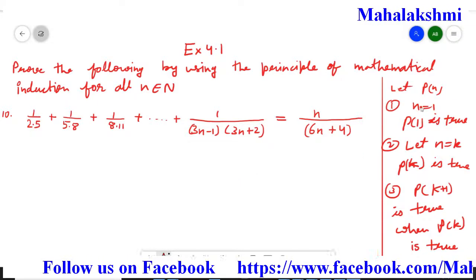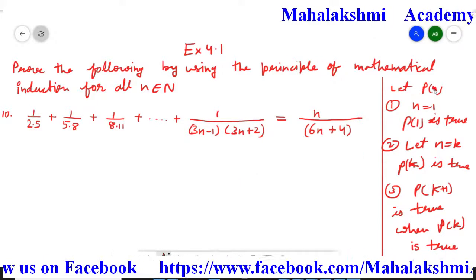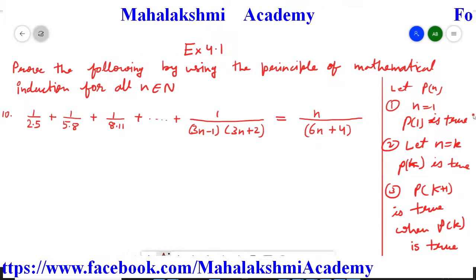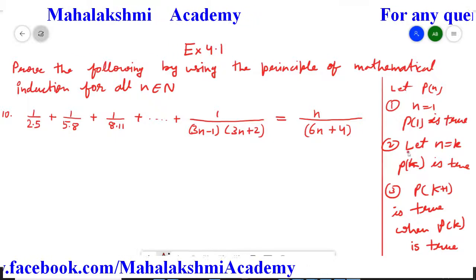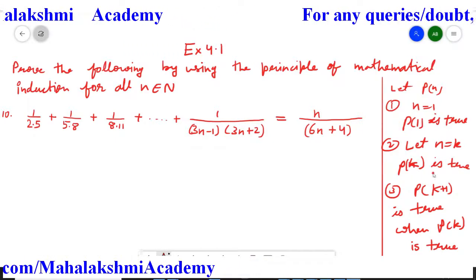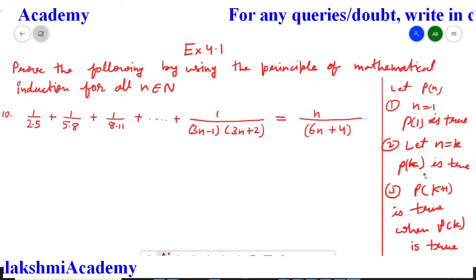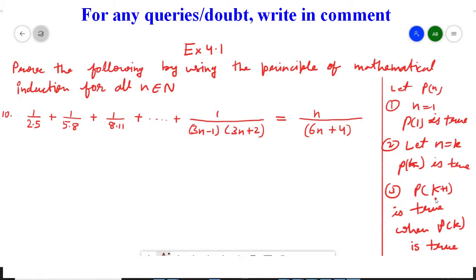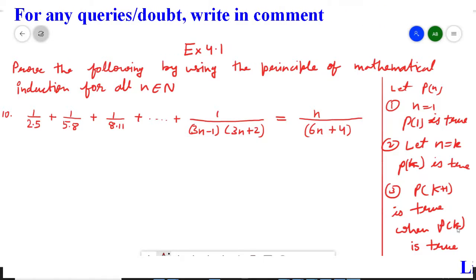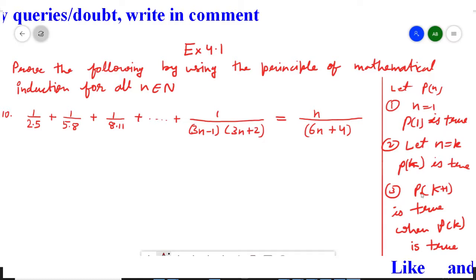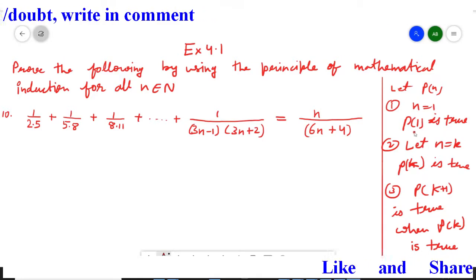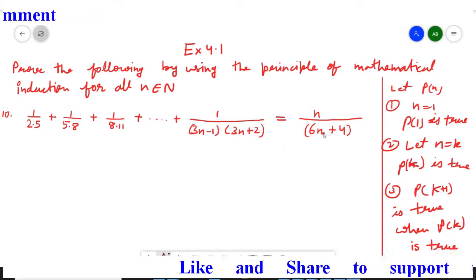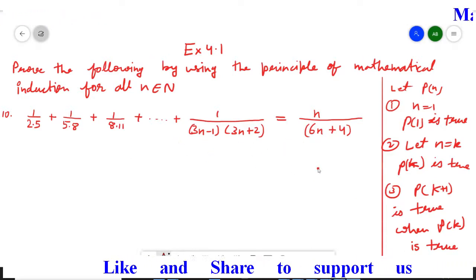So what is the first thing? We are going to assume the mathematical statement as Pn. In the first step, for n equal to 1, we prove that P1 is true. In the second step, for n equal to k, we assume that the Pk statement is true. This you do not have to prove; it is our assumption. And in the third step, by using the Pk statement, we have to show that Pk plus 1 is true. If we are able to satisfy these three conditions, then we can say that the given mathematical statement is true for all natural numbers.